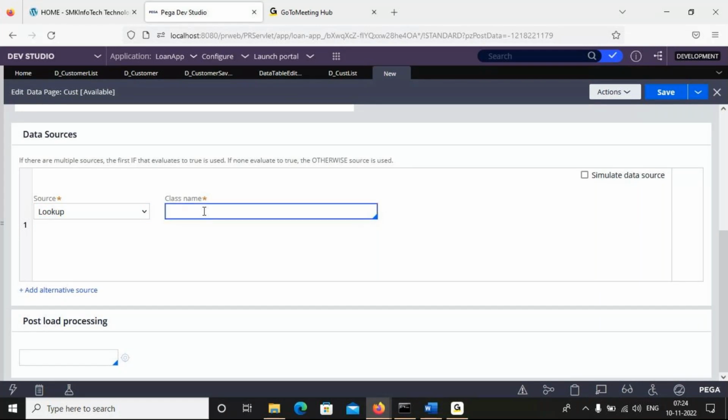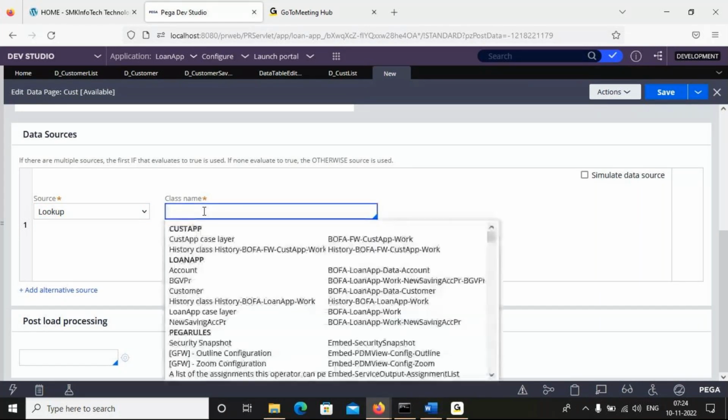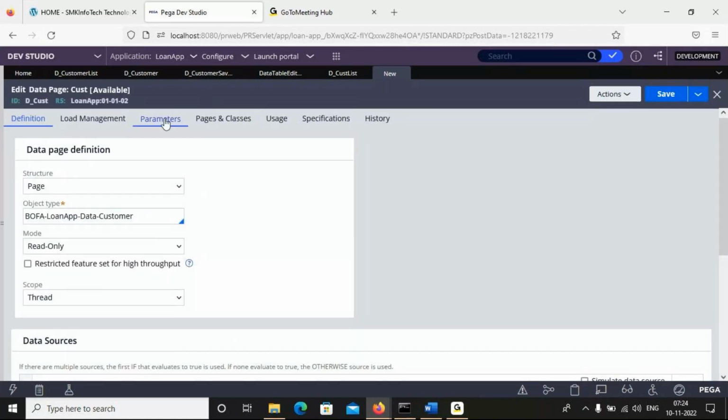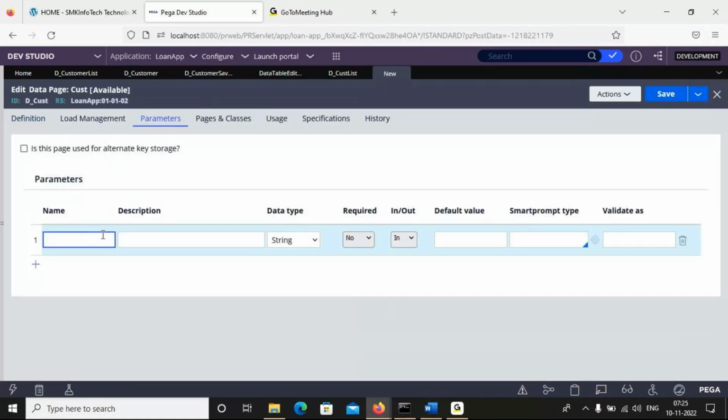So you need to call this class, customer class. Yes. You need to define parameters, which record. I'll put some ID.